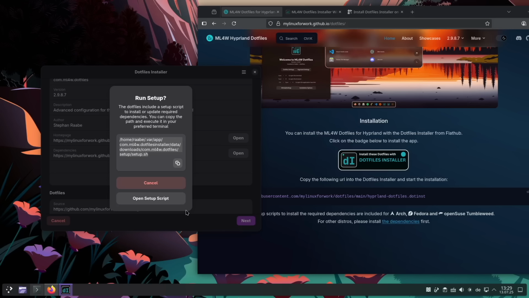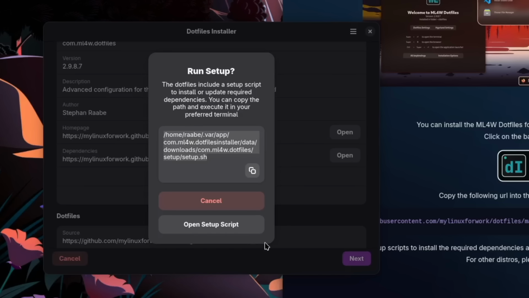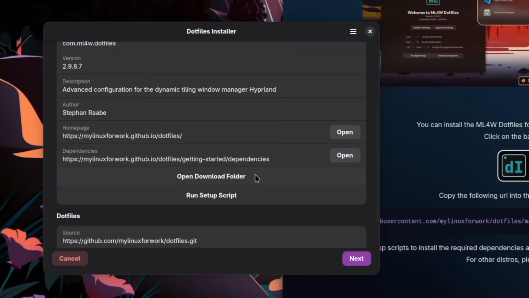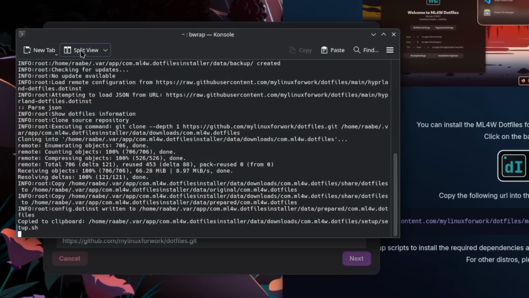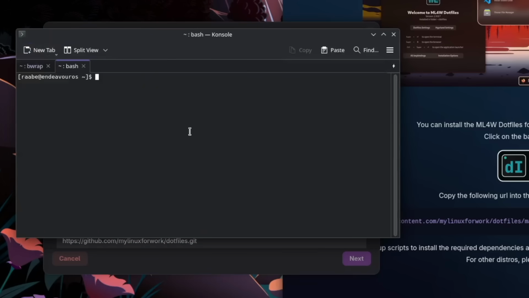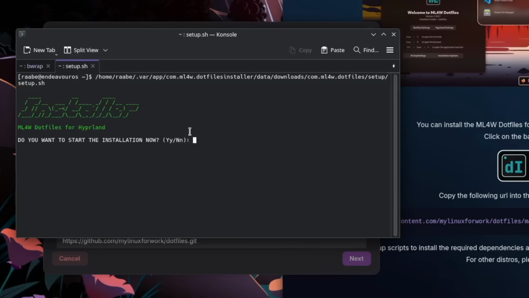And this message pops up if a setup script is available in the package to install all required dependencies. And the My Linux for Work Dotfiles for Hyprland includes such a setup script and supports Arch Linux-based distributions, Fedora-based distributions, and now also new openSuse Tumbleweed. So you can copy now this command, go back to the terminal, open a new tab, and just paste this command in. And now you are in the installer